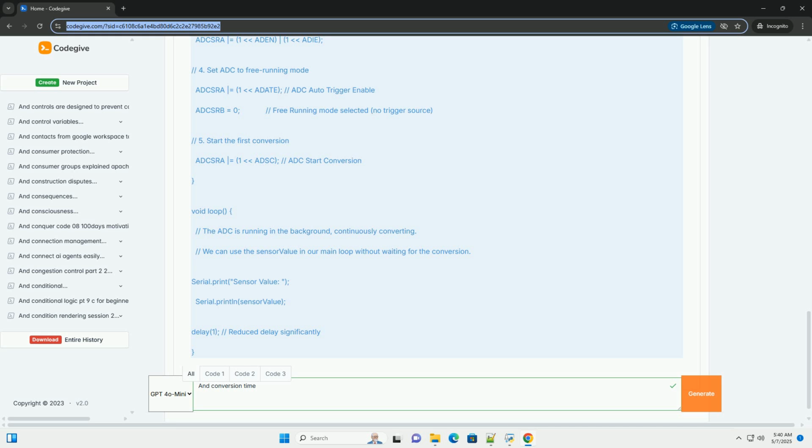R_source: the output impedance of the analog signal source. C_sample: the ADC's input sampling capacitance, found in the datasheet. Conversion cycles, N_cycles: the number of clock cycles required for a single conversion. This is typically specified in the datasheet. For SAR ADCs, it's often related to the ADC resolution. Clock period, T_CLK: the inverse of the ADC clock frequency, T_CLK equals